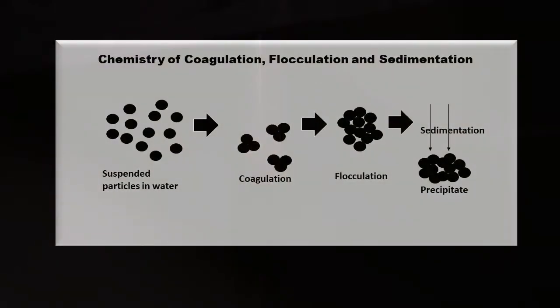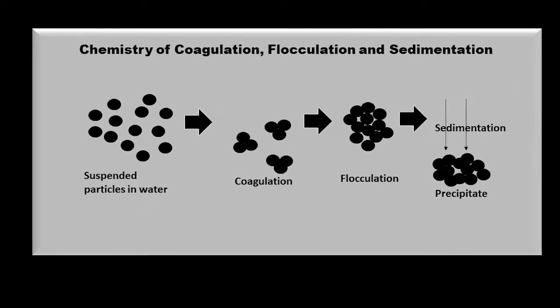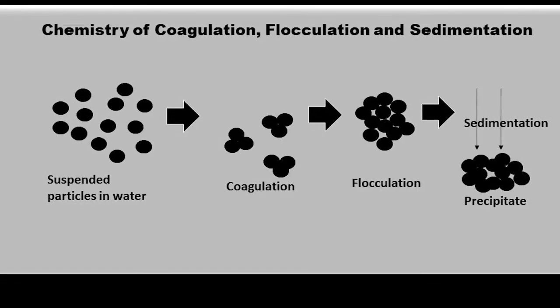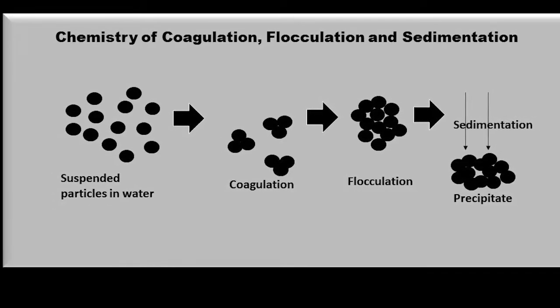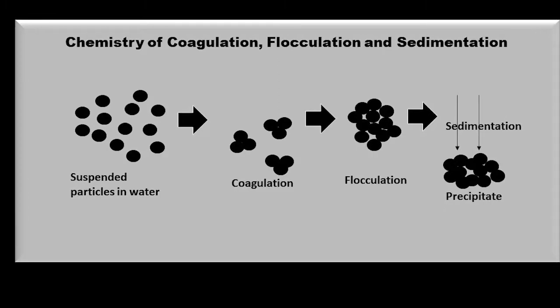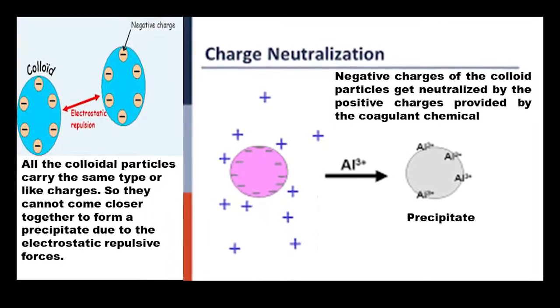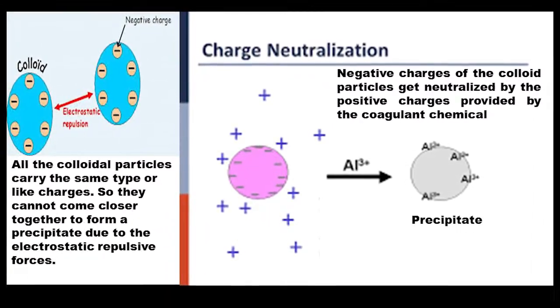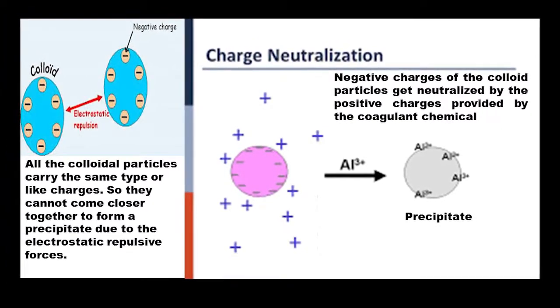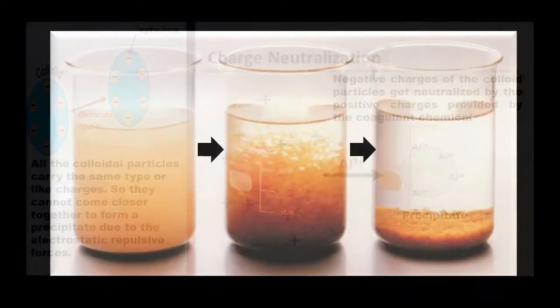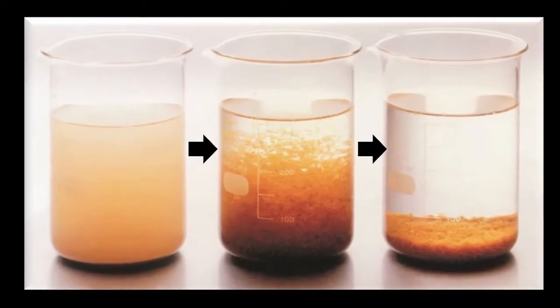Next stage is coagulation and flocculation. Water is then mixed slowly to allow the water to come in contact with the forming floc and allow it to increase in size and gain weight. Chemicals with a positive charge are usually added to the water. The positive charge of these chemicals neutralizes the negative charge of dirt and other dissolved particles in the water. When this occurs, the particles bind with the chemicals and form larger particles called floc.